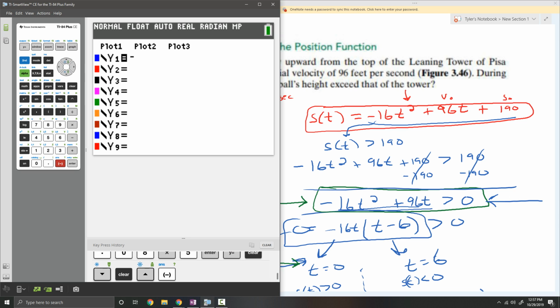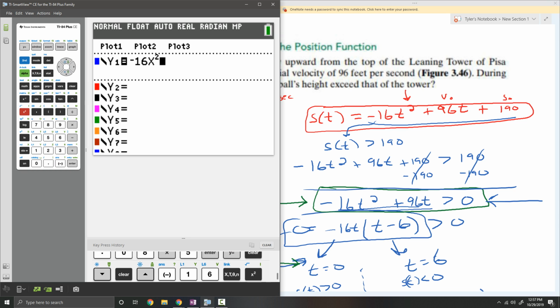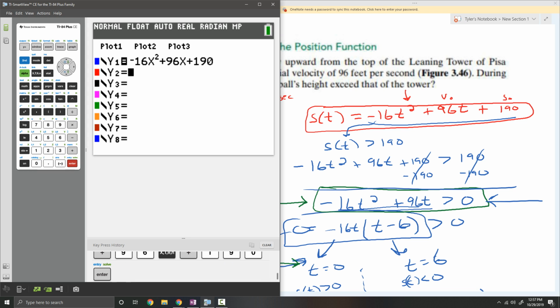That was negative 16 t squared, so I'll just use x instead of t. Negative 16x squared plus 96x plus 190, and then I want to graph that and also graph 190,